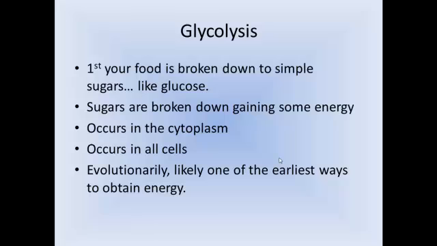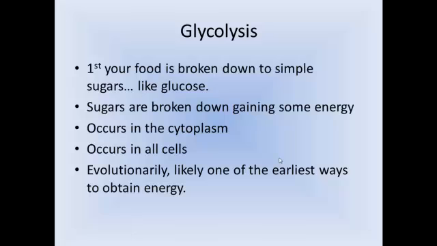Another thing to keep in mind is that there are many reasons that glycolysis is considered likely to be one of the first evolutionary ways for cells to obtain energy from their food, in part because it occurs in the cytoplasm and does not require any organelles. So therefore, bacteria can employ this method as well to obtain energy from molecules similar to glucose or other simple